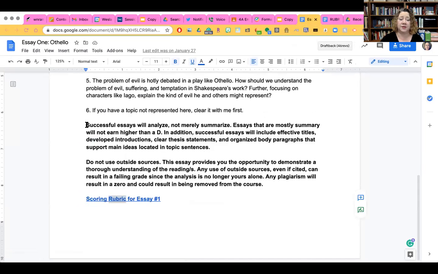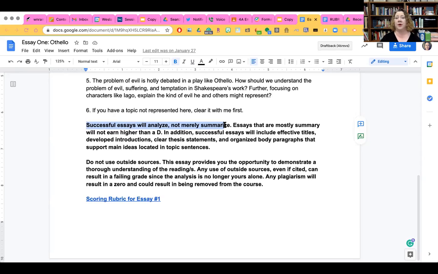And there's also some reminders here. Successful essays will analyze, not merely summarize. There shouldn't be much summary in your paper at all. Assume that the person reading your paper already knows the play, has already read it, maybe they taught it, I don't know. And you can assume that you don't have to give a whole bunch of background about what's happening in the play. If you do that in your paper, whatever part of that happens, I'm ignoring, because it's not really answering those questions that are up top. It's just summarization. So if you summarize for a third of your paper, then there's a third of your paper that I'm just not considering as part of your answer to the question. So kind of keep that in mind.